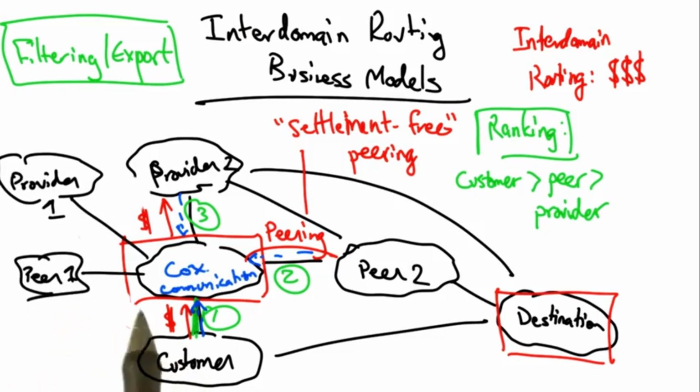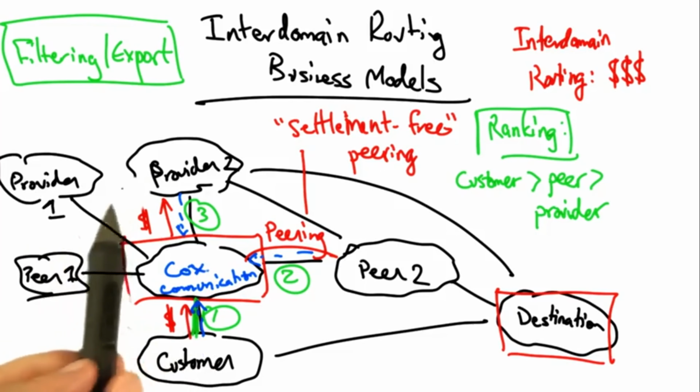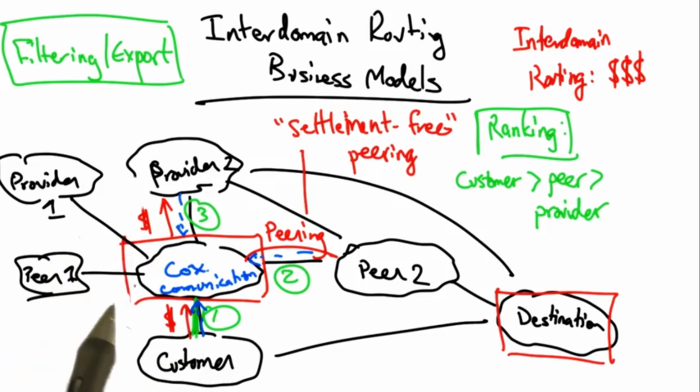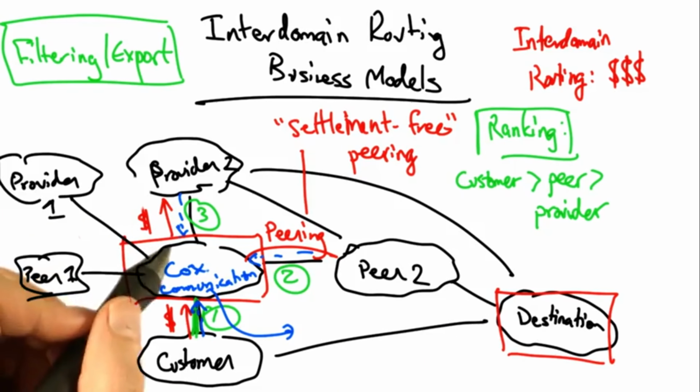Let's call this AS in the middle of the picture Cox Communications. This ISP might have smaller regional customers, and it might also buy transit connectivity from other providers. Now let's suppose that this AS learns routes to a destination via its customer, its peer, and its provider. Now we already have established that it would prefer the customer route so that it can make money by sending traffic to that destination. But what about